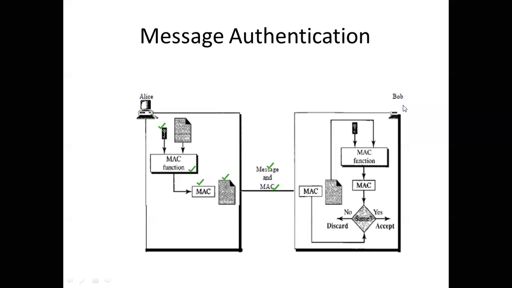Now, when it is received, the receiver will separate them. He will take the sender's MAC and keep it as it is. He will take the original message, and to that he himself will apply the key. He will also apply the MAC function and generate another MAC. So let us take this example. Let us say this is the MAC, I'll put this in a circle. This is the MAC, which is in blue color. This has come from Alice. Let's call this A. A stands for Alice. Alice has sent this MAC.